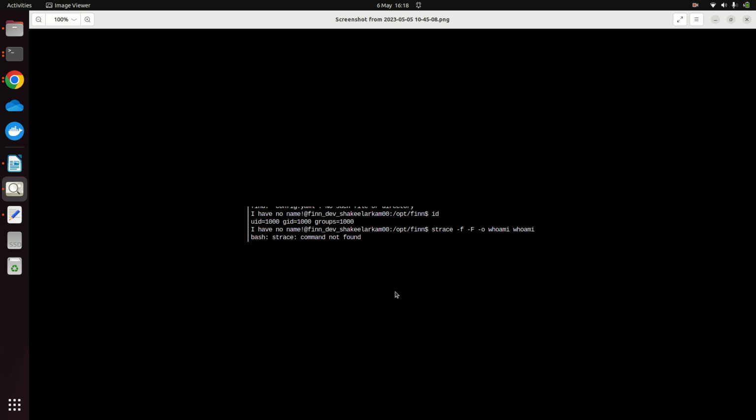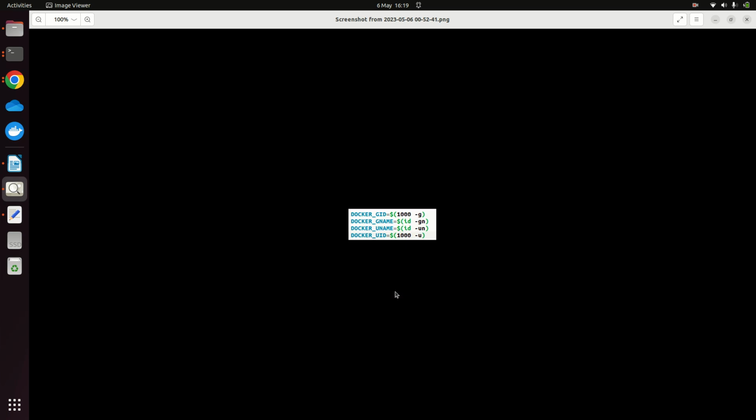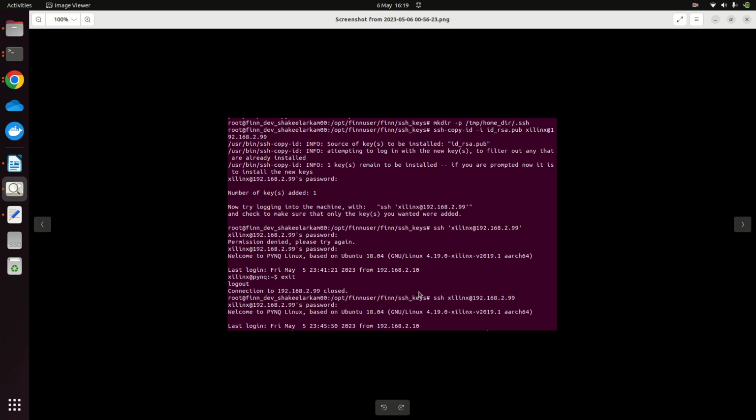I tried other stuff as well, like whoami, to find out if it is going to show me any username. So it appears with the ID and showed that it cannot find a name for that ID, so it means that it was not picking up the name. And I tried sudo su, and after sudo it was asking me who are you, after showing that unknown user ID 1000. So the solution, which is right here, is that I found those IDs,